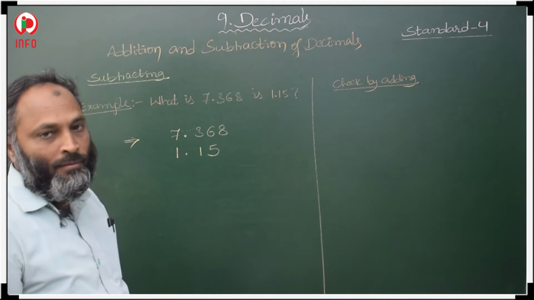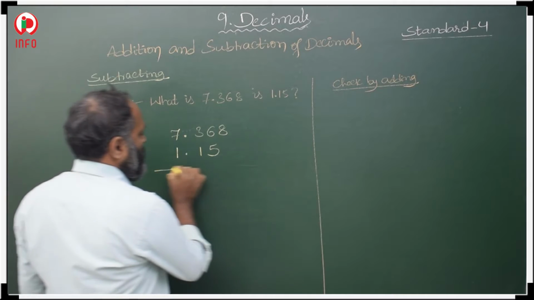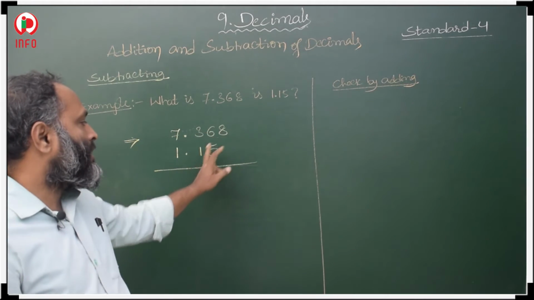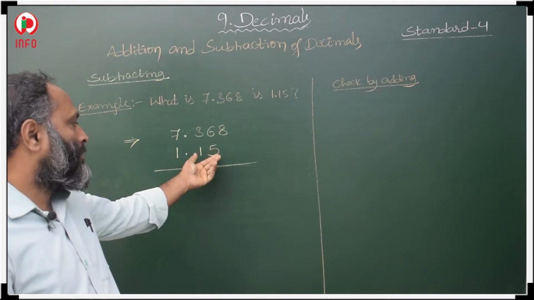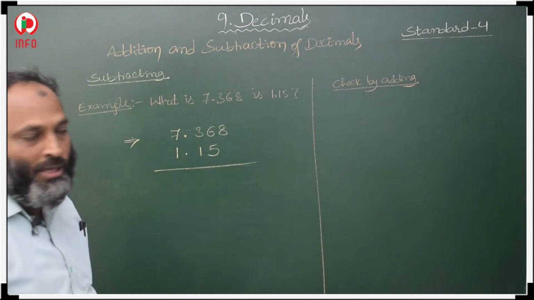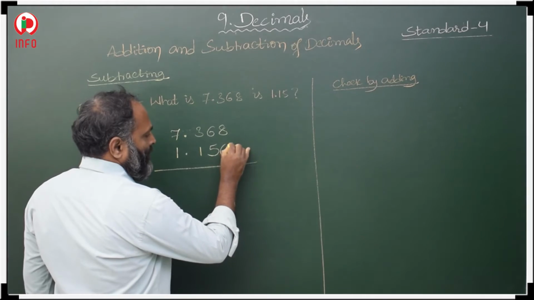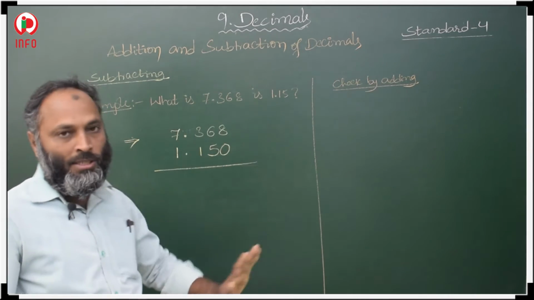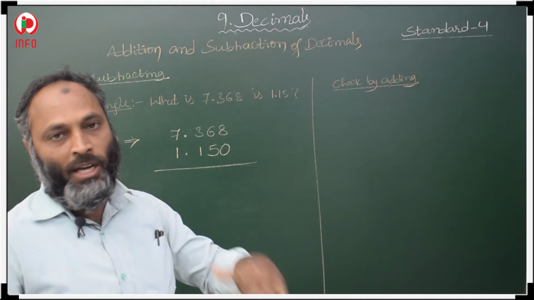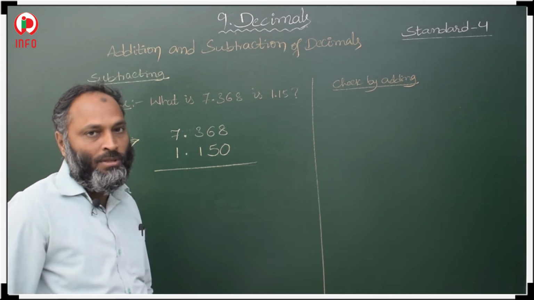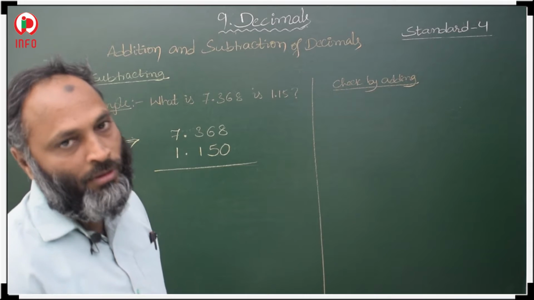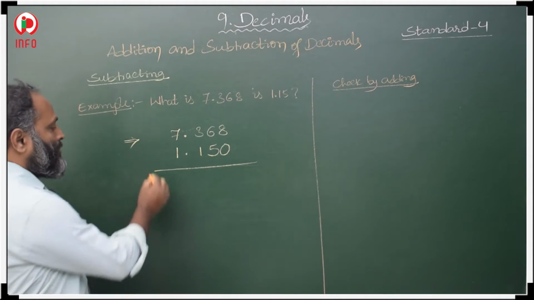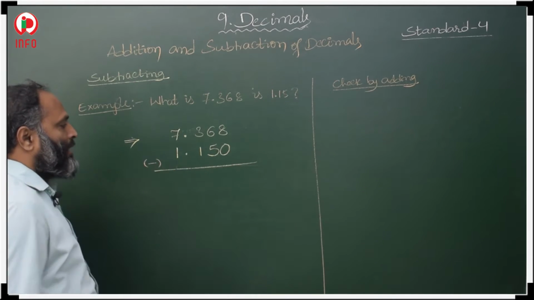Okay. Now we have to subtract. How to subtract? Pad with zeros. Here we have 3 places, here we have 2 places: 2 decimal places here, 3 decimal places here. It means we add 1 zero. These two things: first we arrange, then after that pad with zeros. How many zeros we need to make them like fractions, that many zeros we have to add. Then after that we subtract.